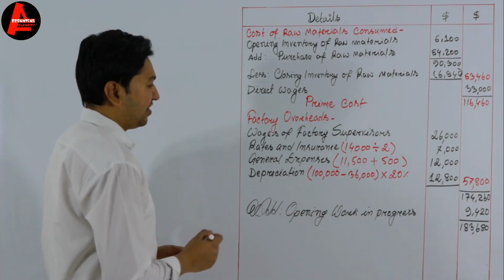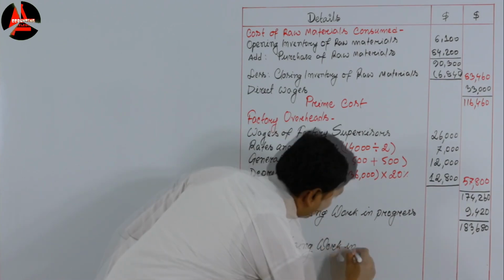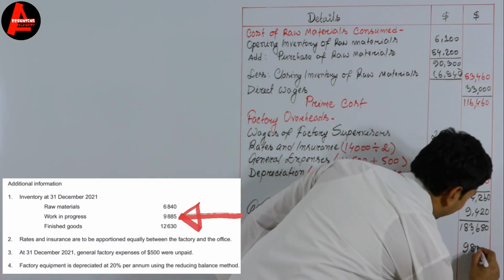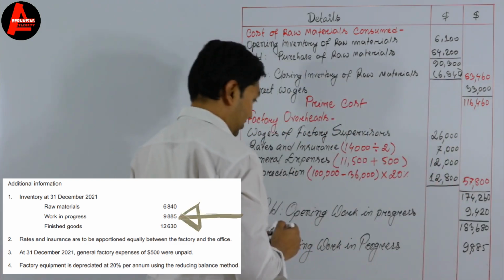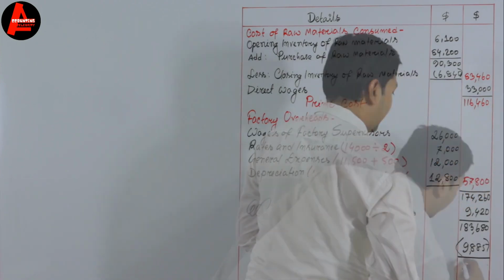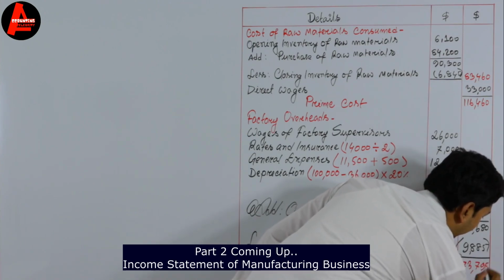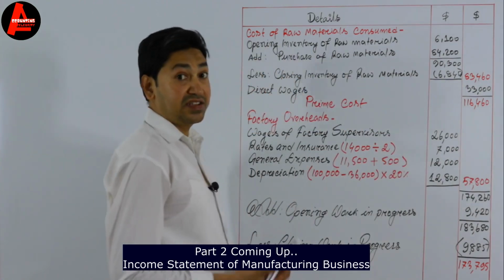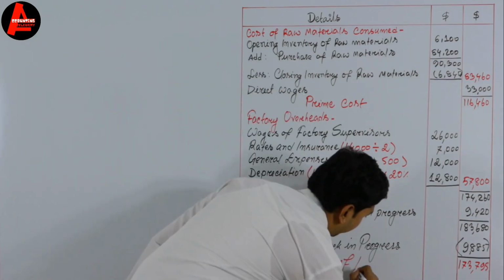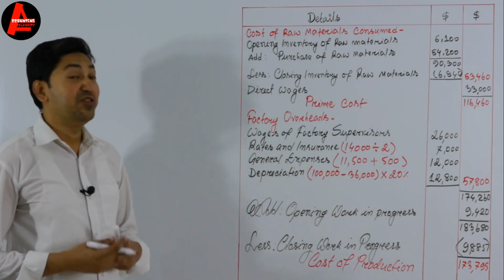Now we will subtract closing work in progress. So let us write here less closing work in progress. The amount on the question is 9,885. We will subtract this amount. If we subtract, we get 173,795. So this is our cost of production. So let us write here cost of production. This is how you need to prepare manufacturing